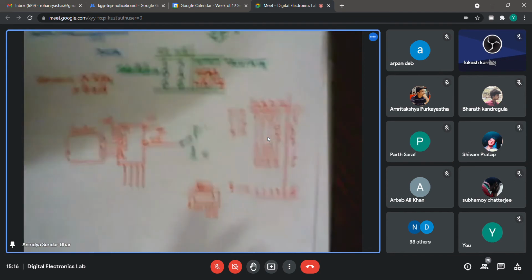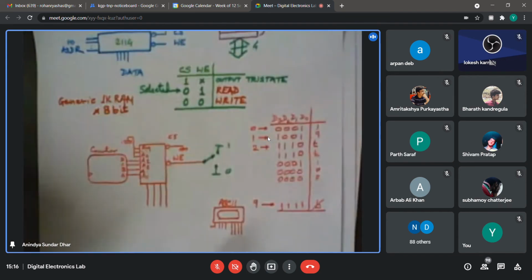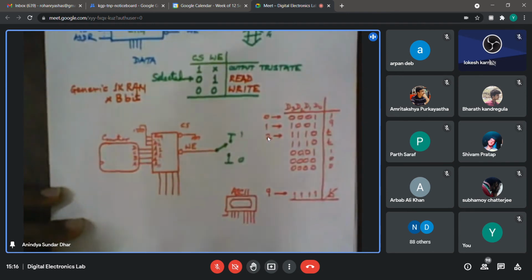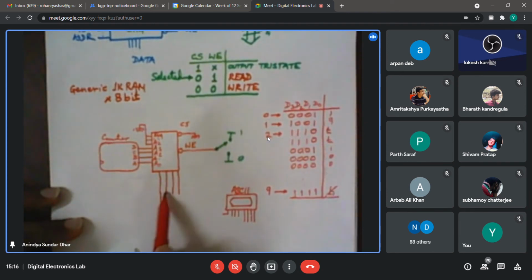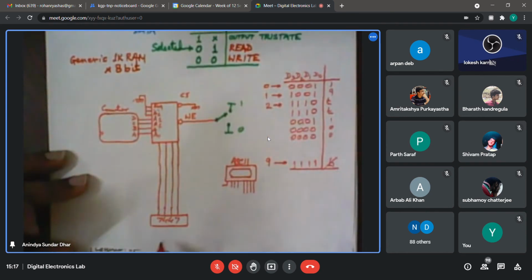So this side anyway is also connected to that 7447, and the display is also there, with that 5-volt and resistor 330 or whatever.